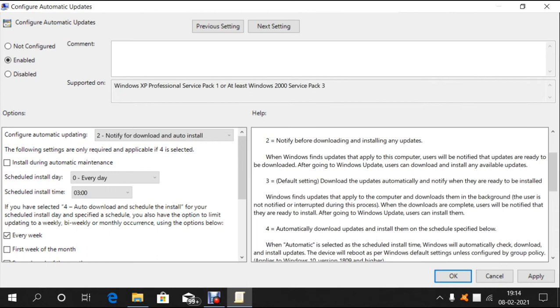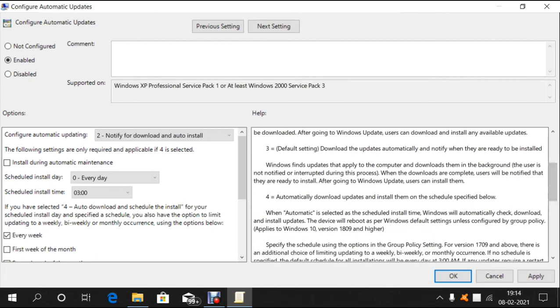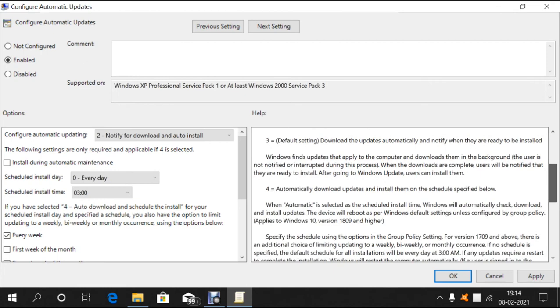And the next option is automatically download updates and install them on the schedule specified below. So here the download will be automatic, but for the installation we have to specify the time, right?